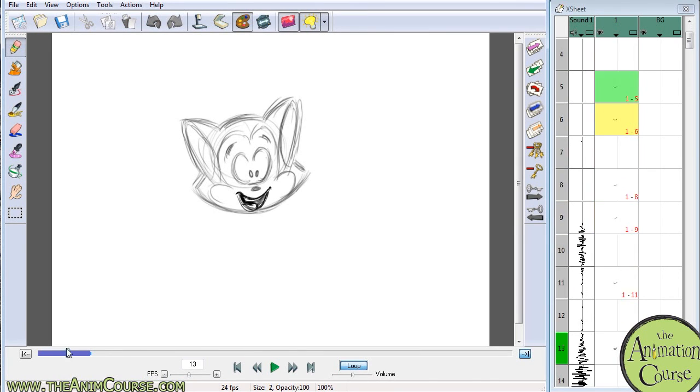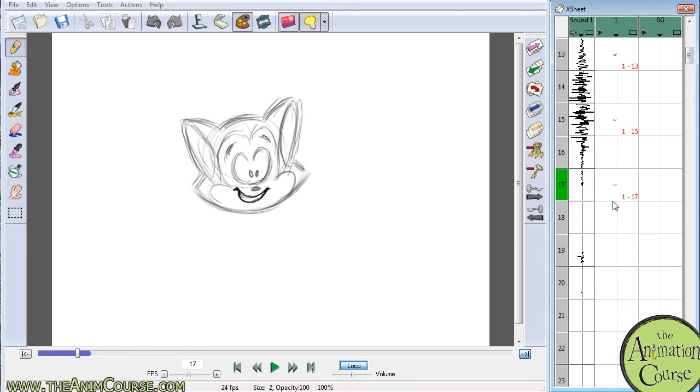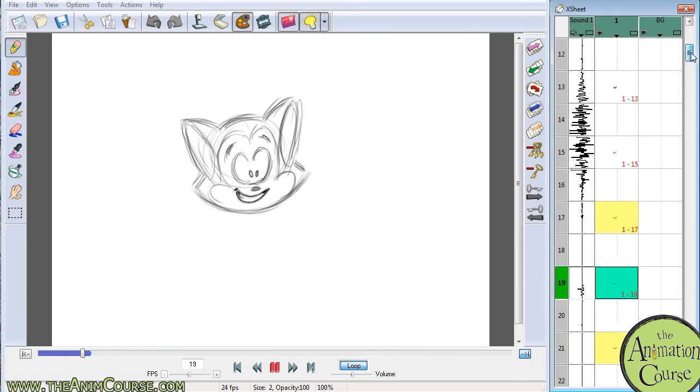Then I'll do good luck. A little slow in here towards the end. So put in some extra drawings. And in between it up here. And then when I play the whole thing,